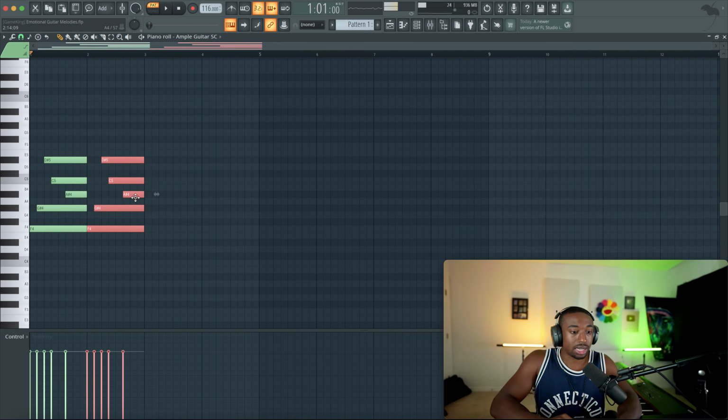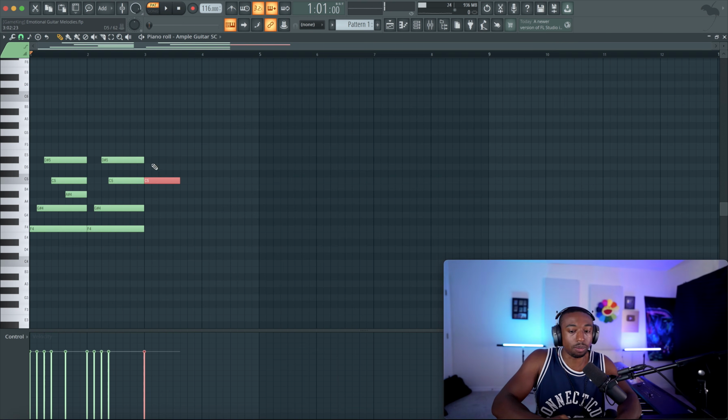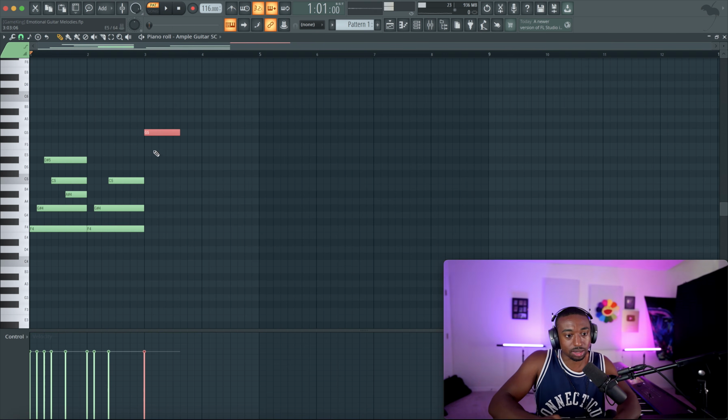Even if you don't use the 11th, you can add what's called the 9th. So let's add the 9th. Let's first draw out what a minor add 9 chord actually is, which is 0, 1, 2, 3, 4, 5, 6, 7. Then we add the 9th, which is 7 up from the perfect 5th. Basically, you count from the tonic up to the perfect 5th, 7 notes away. Simple. Then from the perfect 5th, you count 7 more notes up: 1, 2, 3, 4, 5, 6, 7. This is called the 9th.